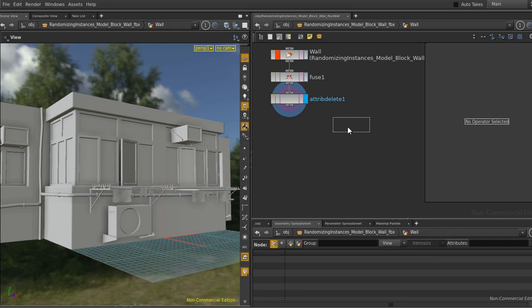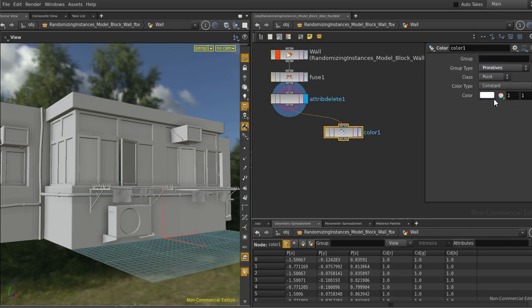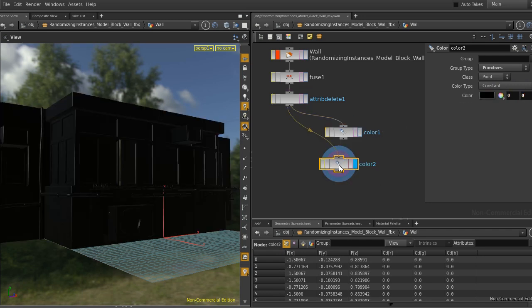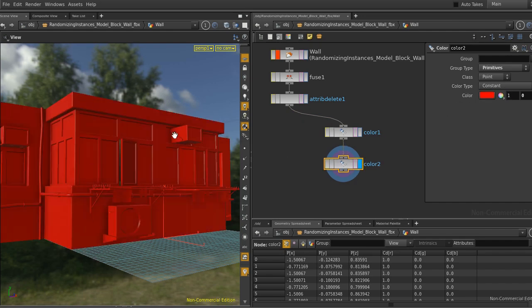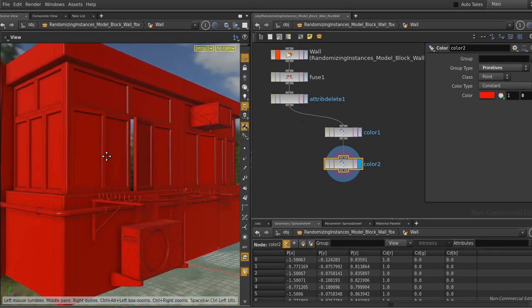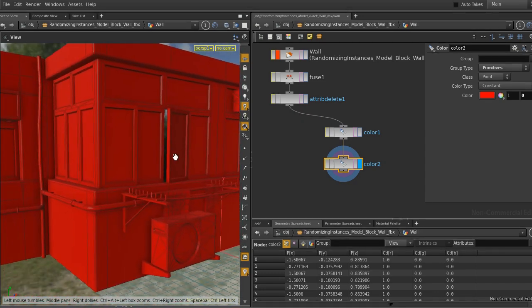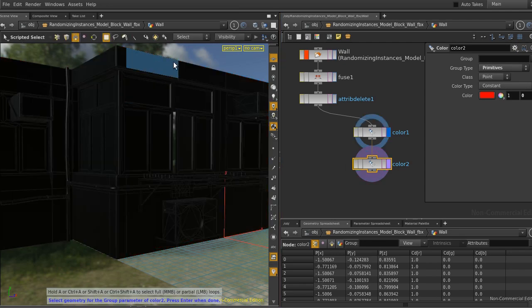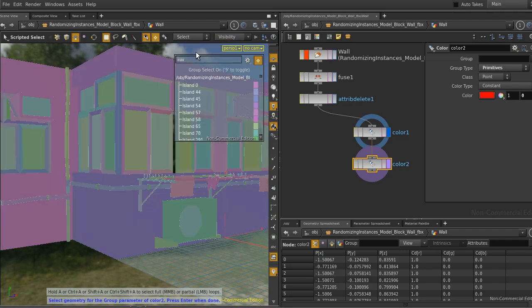First I begin with a color node, set primitives here, set the color to black. Okay. Now I want the red color only on the walls. But as you can see, the number of polygons here is quite high for manual selection. So instead, I enable group selection and I will select by UV islands.